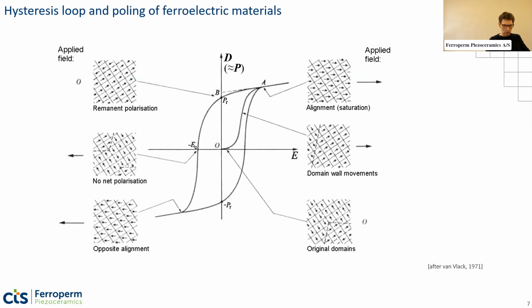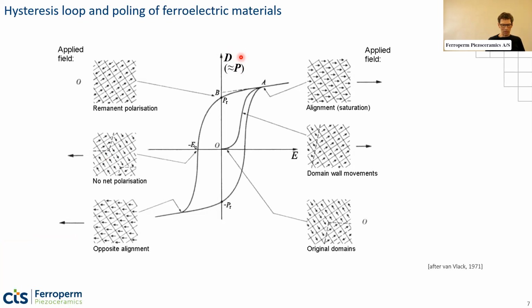Okay, this is what I wanted to show you, the hysteresis loop. So the question, what is our definition of electric displacement, or dielectric displacement, as I would call it? This is actually a measure of the charge density. So it's a charge relative to the area. So the unit for dielectric displacement, the D that you see here, is Coulomb per square meter. And the reason I say that it's almost equal to polarization is that